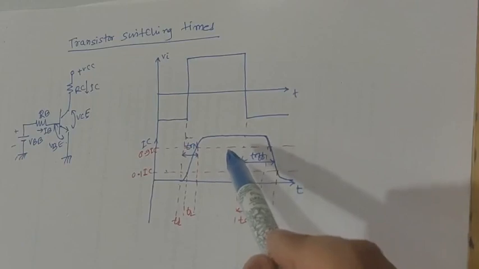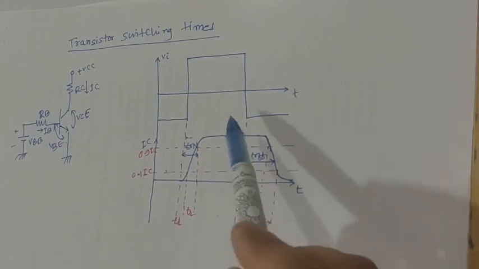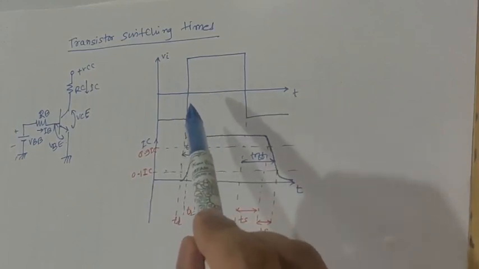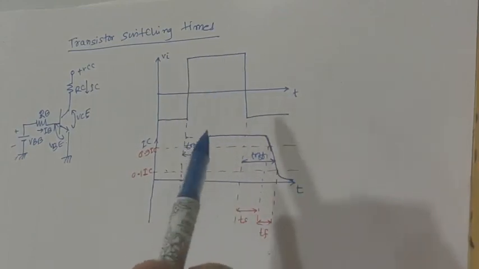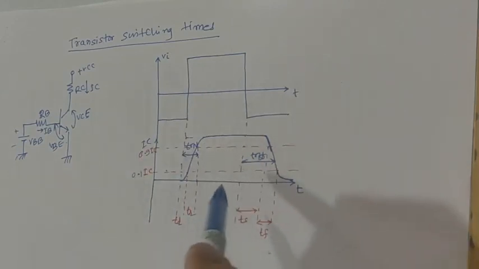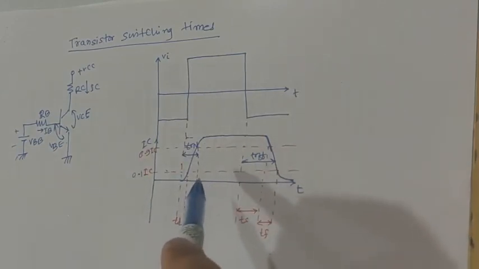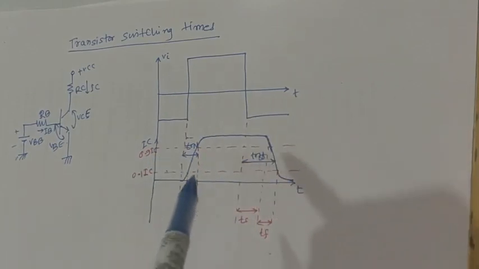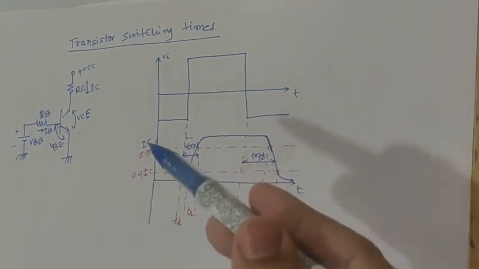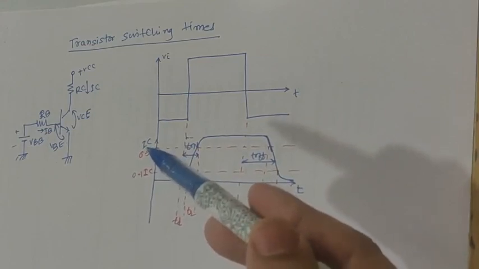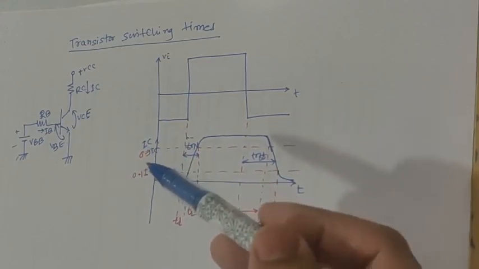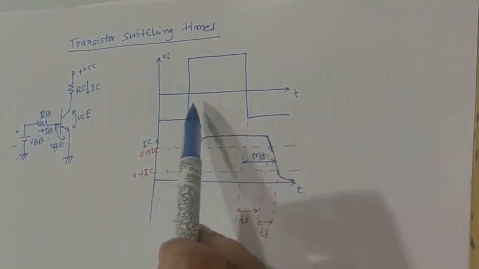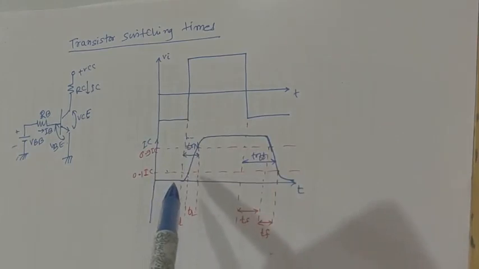Now the collector current does not immediately respond to the input that you apply. Instead, there is a delay. Always there is a delay between the input that you apply and the output that you get. It is because the transistor requires a particular voltage, either 0.7 volt or 0.3 volt, to initiate its operation. That is called the cut-in potential. So before the transistor reaches cut-in potential, the output will not be available. Therefore, there is always a delay between the input waveform you apply and the output that you get.